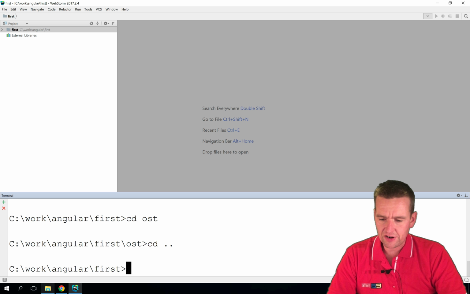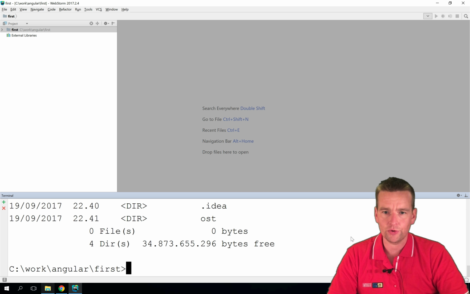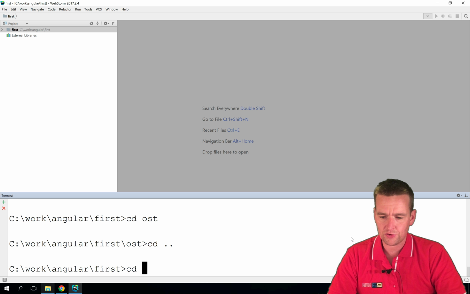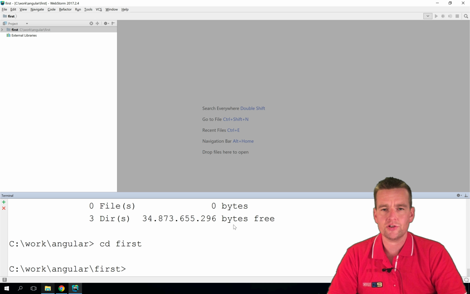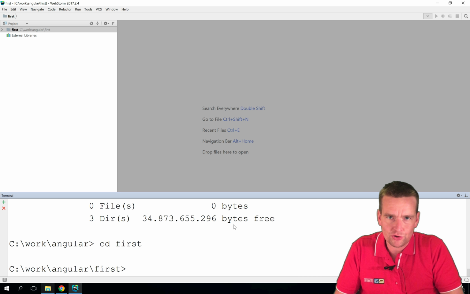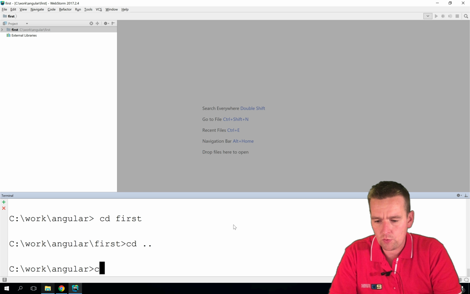One more thing that I feel is very important is using this command, dir. That will actually list on Windows everything inside a folder. And that helps you if you're not sure what's in there. You can write dir and you can figure out what you can actually pick from. So for instance, in the Angular folder, I can do a dir and I can see there's a first folder right here. I'll see CD first, etc. So now you kind of know how to use the terminal or the command prompt inside Windows, and I'll do the same next